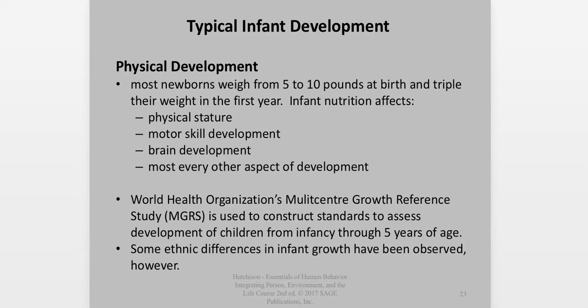And I think the text says, or perhaps I was reading on the website for the WHO MGRS, that it's important for parents to understand that even a child who is at the one percentile in any particular developmental measure is still within the normal range. It is only when they're below that one percentile that they become abnormal. So it's something to help parents. Very small babies or babies that are developing slowly in some areas are still very much within normal range, even though they're at a low percentile in the overall scale.